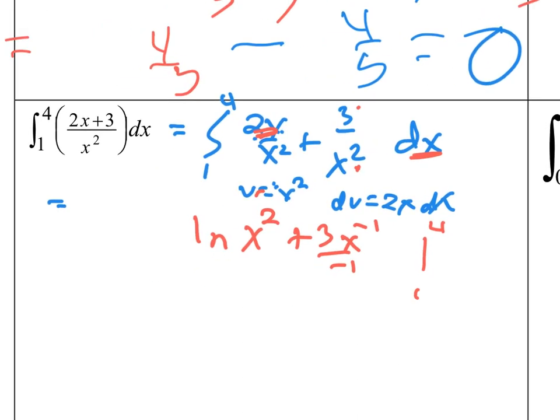So here I go. Get ready for my parentheses. Put a minus, parenthesis. This is not very pretty. It's okay. Plug in the top number. In my case, I have the natural log of 16 plus. That minus actually turns this into a minus right here, doesn't it? So it's minus